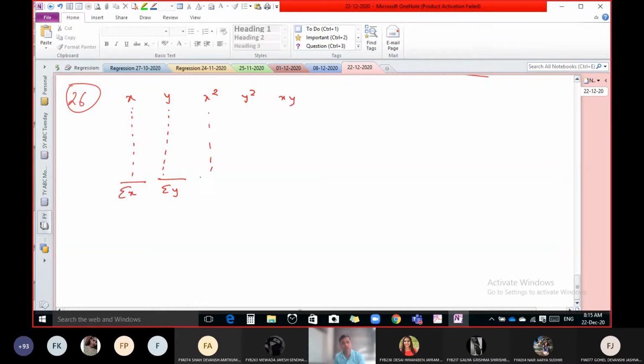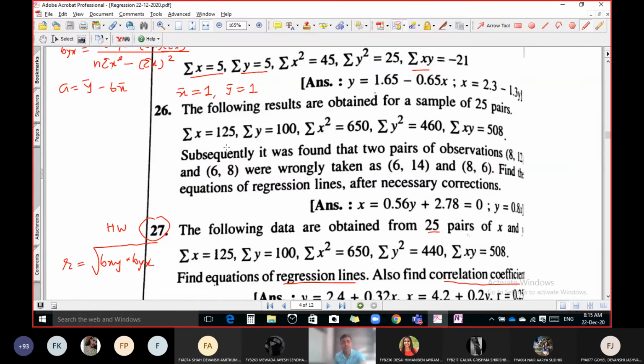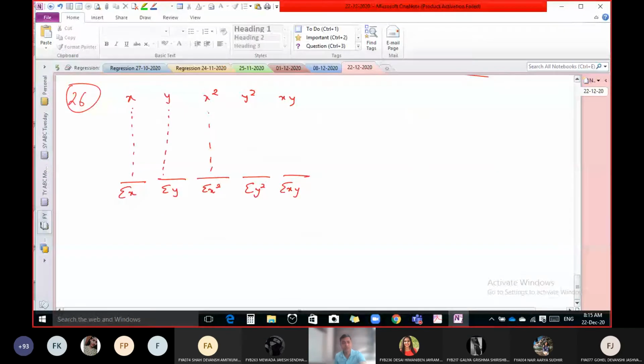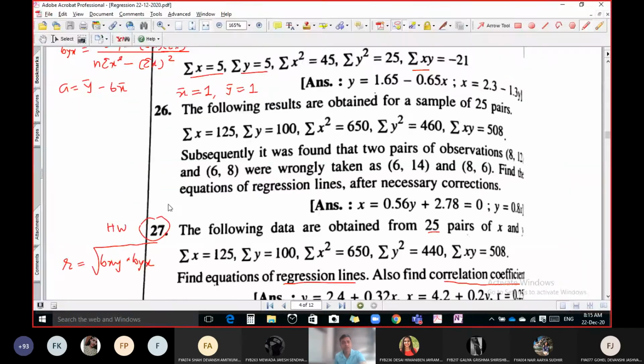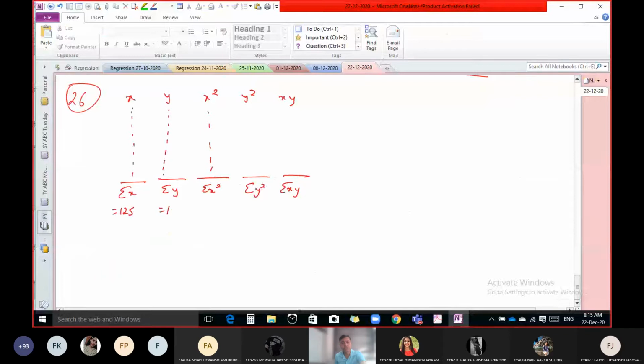Calculating all these values, we get the answer and that answer is available. Sigma x is 125, sigma y is 100, sigma x square 650, sigma y square 460, and sigma xy is 508. Okay. After calculating all these values,